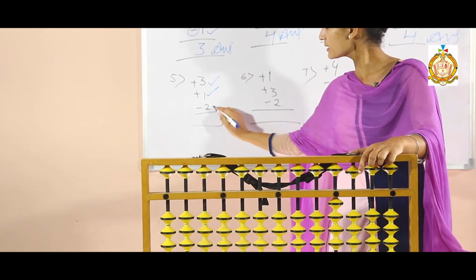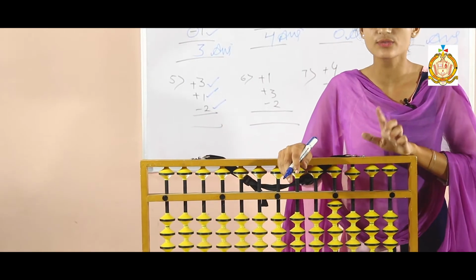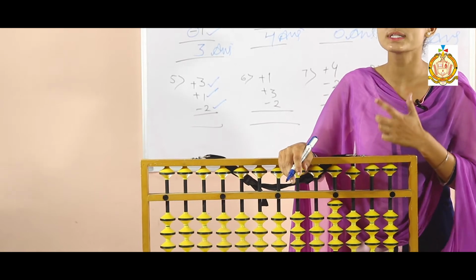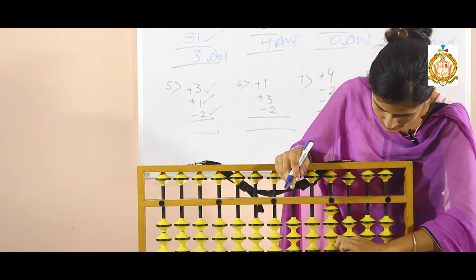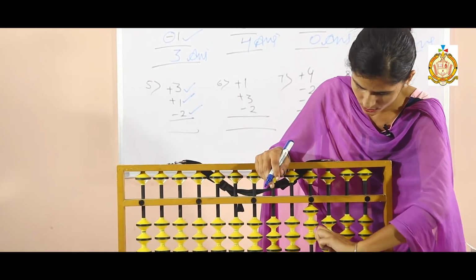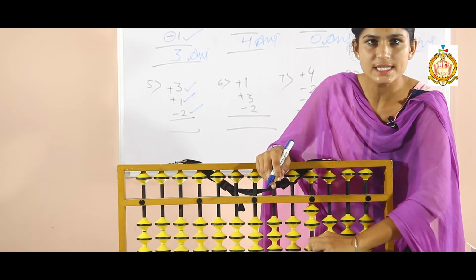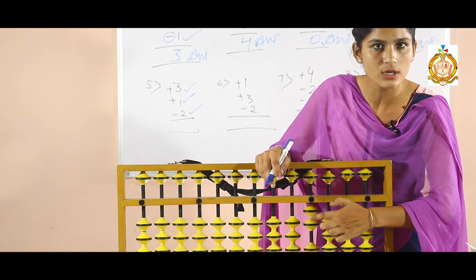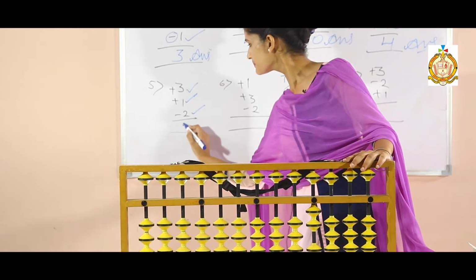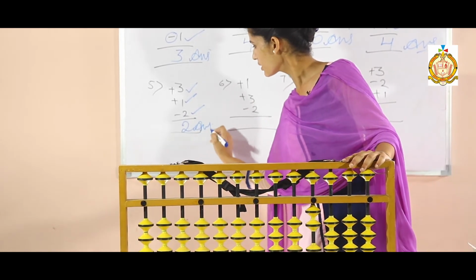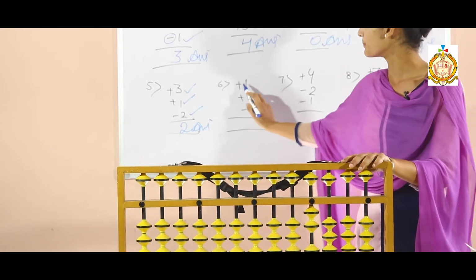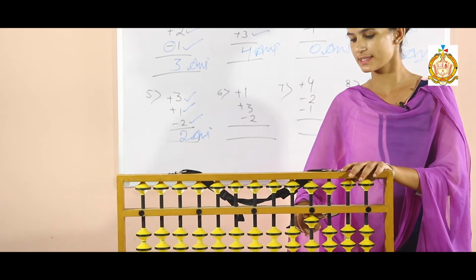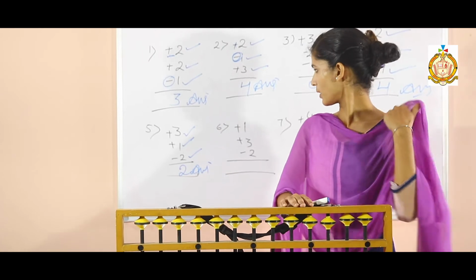Now subtract 2. Means 2 beads we have to remove. 2 beads हमें subtract करने पड़ेंगे. तो इसका मतलब आपने 2 लास्ट वाले beads को सब्ट्रैक्ट कर देना है, नीचे करने का मतलब हम इसे सब्ट्रैक्शन कर रहे हैं। तो कितने बीड्स रह गए अबेकस में, 1 और 2, so write 2 here. This is your answer. Now your sixth sum. Firstly clear your abacus scale. Yes, it is clear.